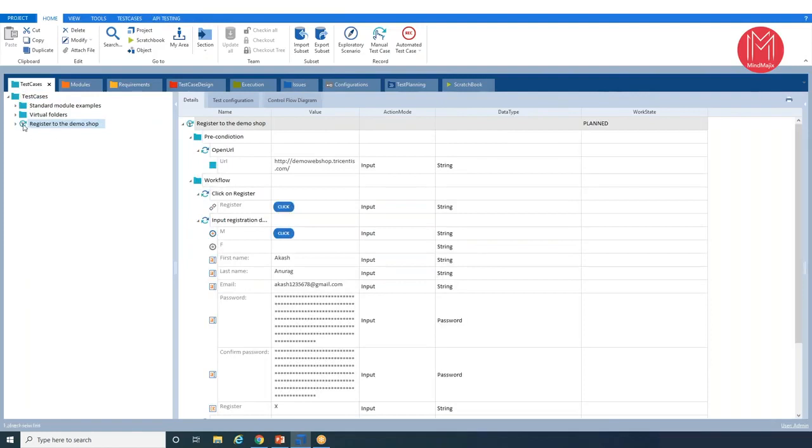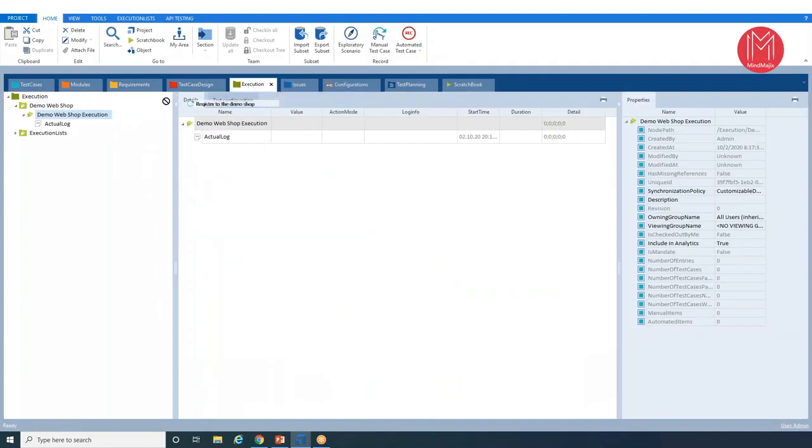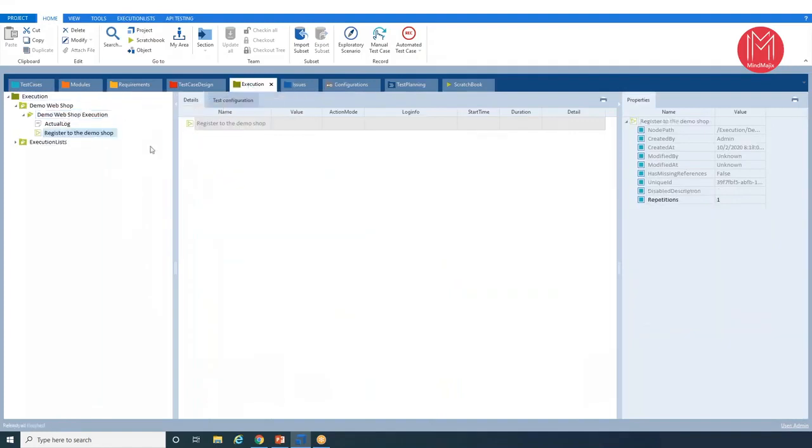Let me make one point here again. Once we have completed a test case, we should always remember to set the status as per the actual status of the test case, so that we have a complete idea of the percentage completion. So let's drag this test case into the execution list section. Okay, so once we have dragged it over here,